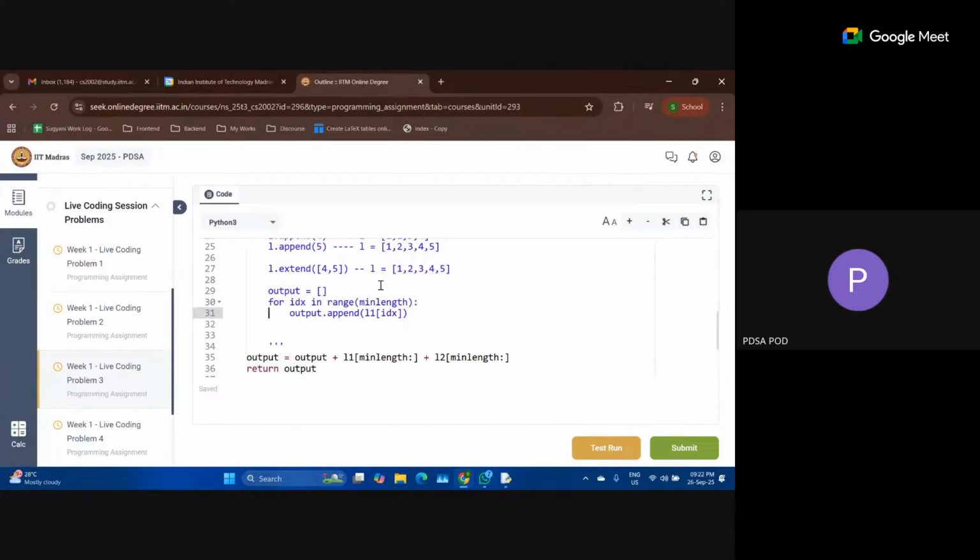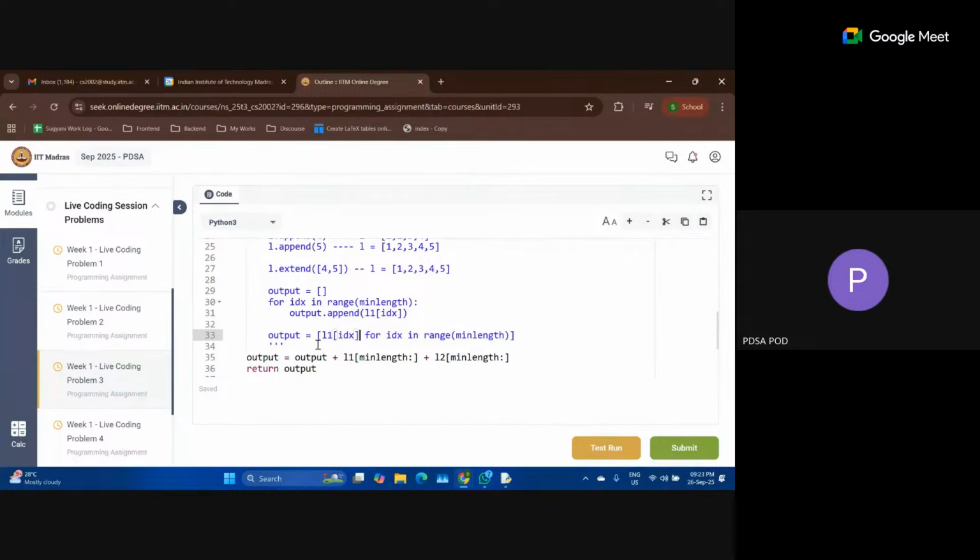Instead of doing this entire thing, list comprehension lets you directly create a list wherein we put in this for statement over here, and what we are appending to the output list, this value, I'll put over here. So for every index in the range min length, it will find L1 of index and append it to output.